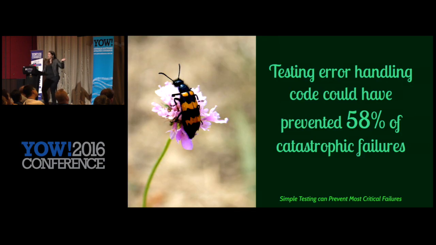I also thought it was interesting that most of the bugs, 58% of the catastrophic failures, so more than half, were actually caused by improper testing of error handling code that could catch this. So for me, what I've done with my teams now is we actually use code coverage. I was always sort of on the fence. I'm like, whatever, it's a thing, no one cares.